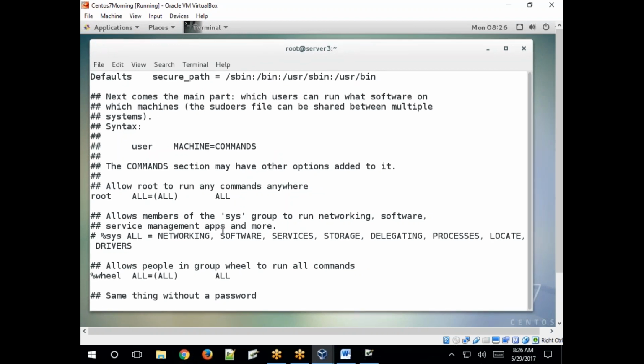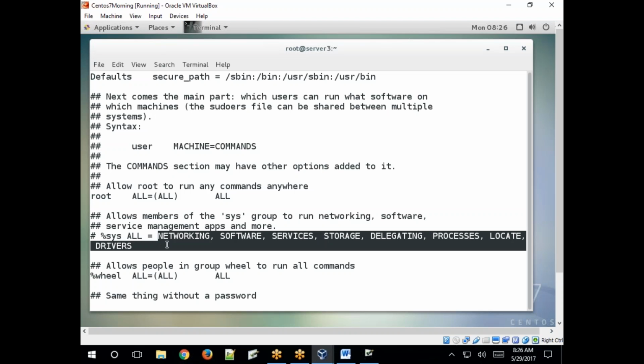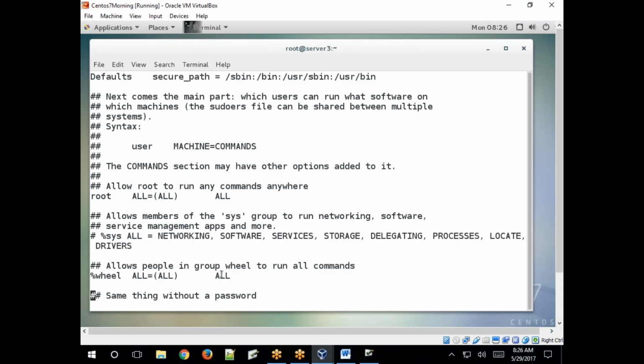Okay, see, here the wheel group is there, which allows people in the wheel group to run all commands. For other groups, particular services are allowed. For the wheel group, all services and all commands are allowed. So if you want to allow a user to perform all tasks, simply add that user into the wheel group. There is no need to add the user information again, username ALL equal to these commands. Just add that user into the wheel group.